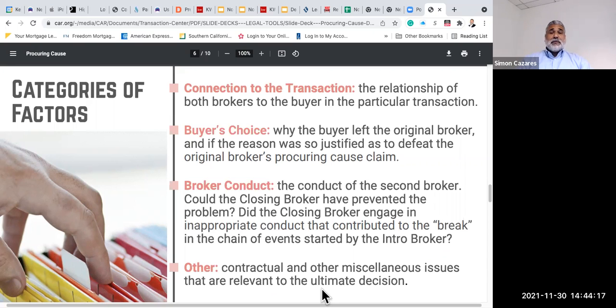Do you have a copy of the pre-qualifying letter? Do you have copies of proof of funds that the buyer was at one point in time committed? Maybe you have a copy of their license. The more ammunition that you have, the better position to defuse and win in an arbitration procuring cause case. Any questions so far?